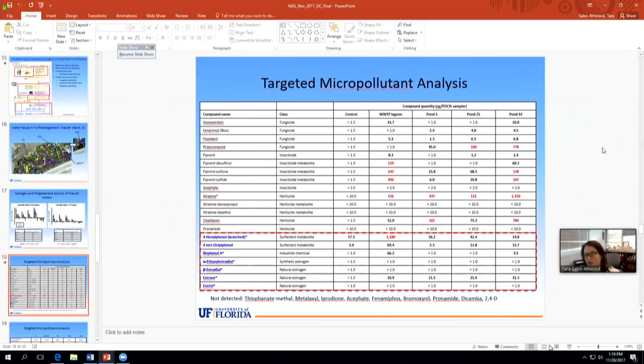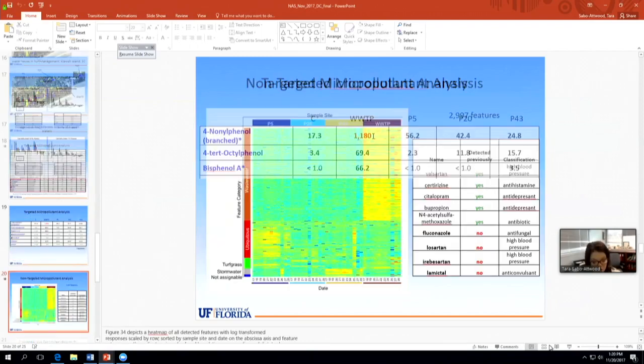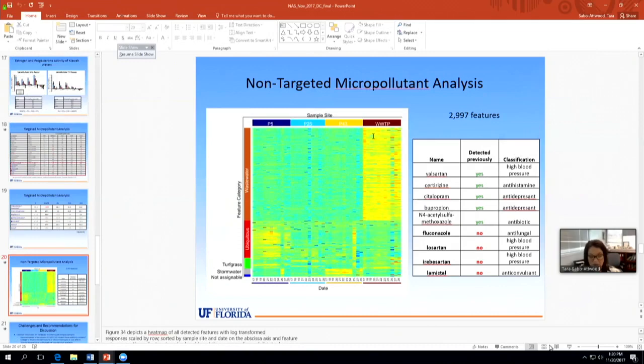and these red values actually correspond to nanograms per POCIS sampler that we put out in the ponds, and so there are some of the usual suspects there. With a constant focus on the estrogenic ones, you can see down here that several estrogenic compounds were found in the wastewater treatment effluent, but they really didn't add up to the effects that we saw based on those alone. But using a non-targeted workflow, Ferguson's group was able to come up with an additional almost 3,000 features that we're currently working on identifying.